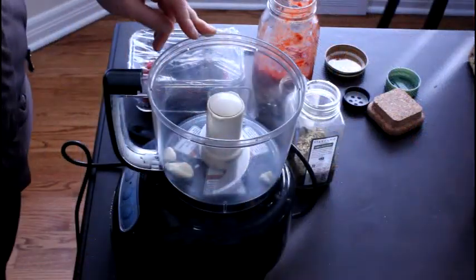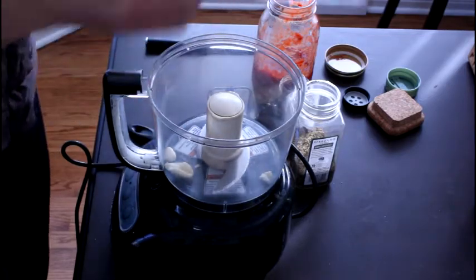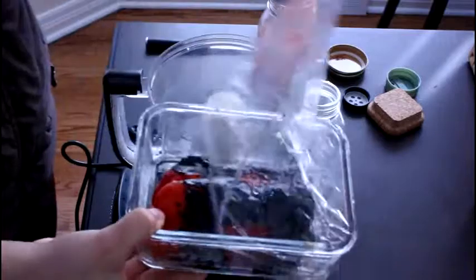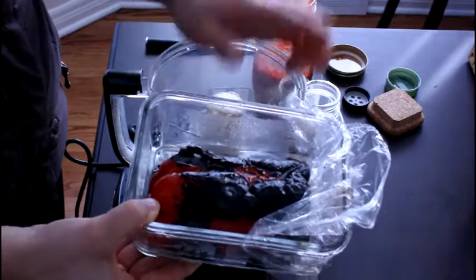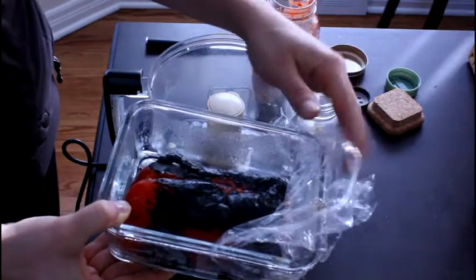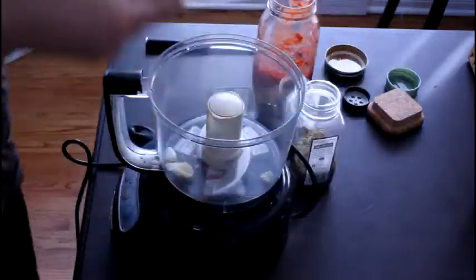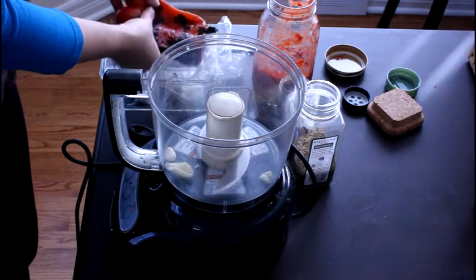So lastly, we'll make the roasted red pepper tomato sauce. Now I kind of showed you before, but I have, let me see if you can see this, my roasted red bell pepper that I charred over the stove earlier. You could certainly buy jarred roasted red bell peppers as well. I usually just find this easier. Once it's all charred, then you just stick it into a heat-proof container and cover it with some plastic wrap, and then you can actually peel away all of the char part and you're just left with the bell pepper underneath. So I'm going to peel all of this away,